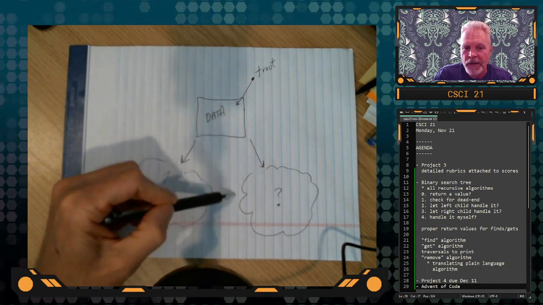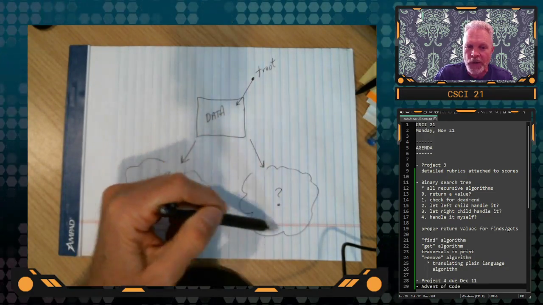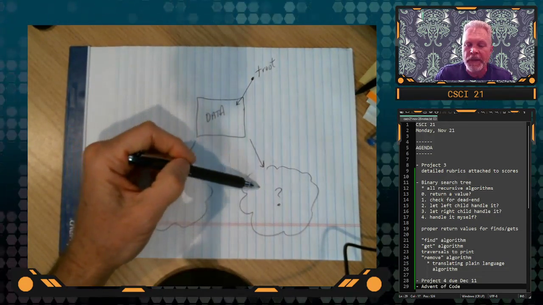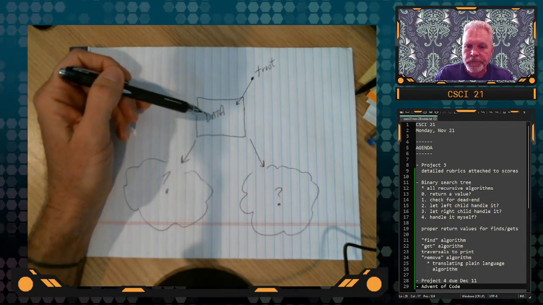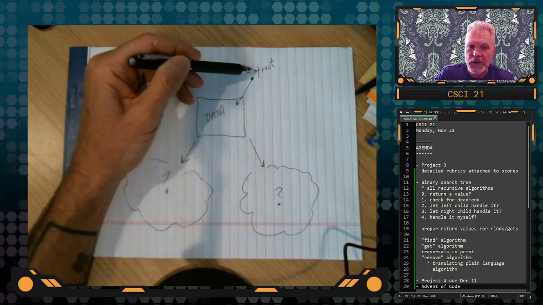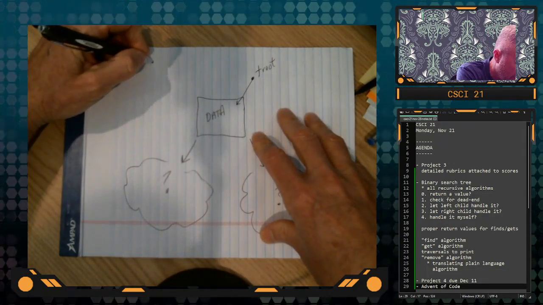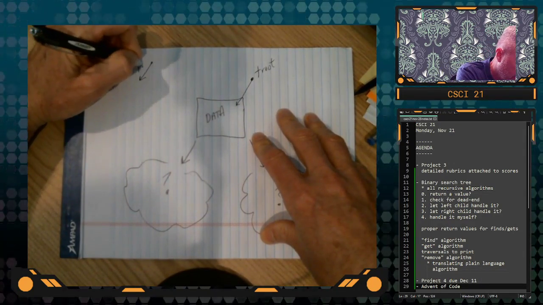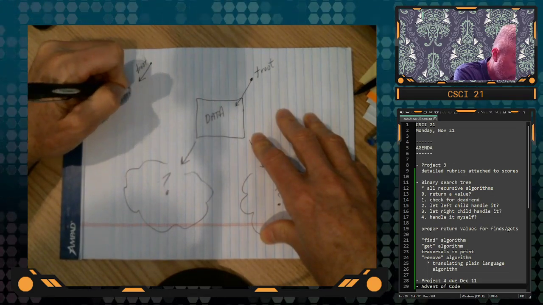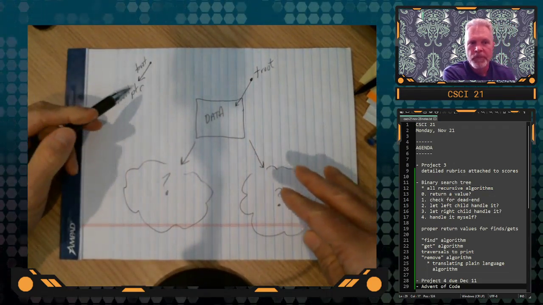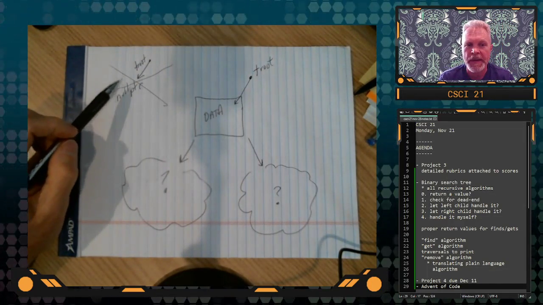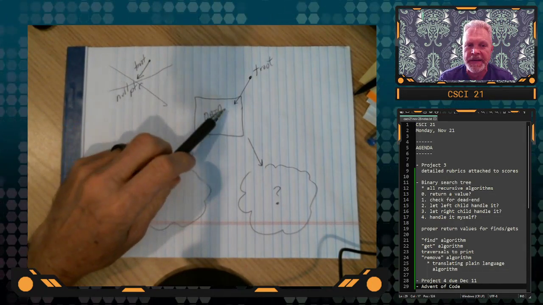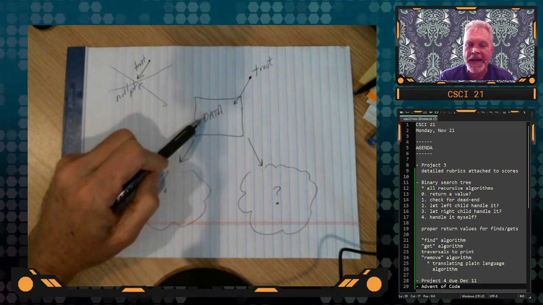Whatever is going on down here in terms of the structure, if there's one node, if there's three, if there's 100, it doesn't really matter when I'm developing the algorithms. I need to be watching to make sure that I'm not here, because that's bad. All right, so I don't want to be at a dead end. But if I'm looking at a non-dead end, then all I really need to ask myself is